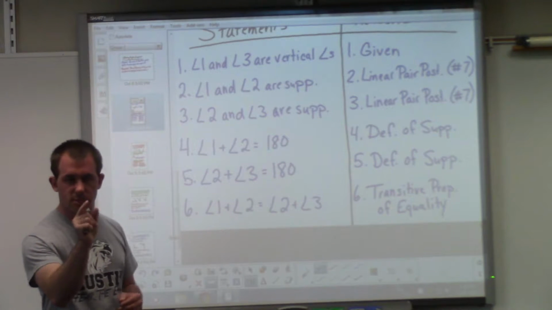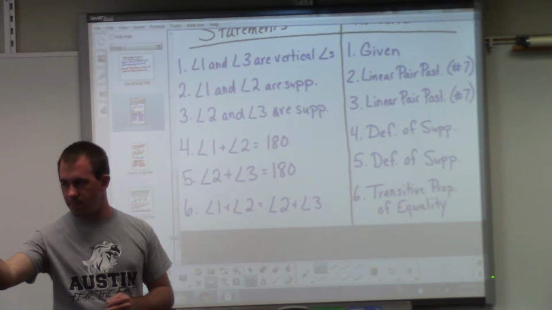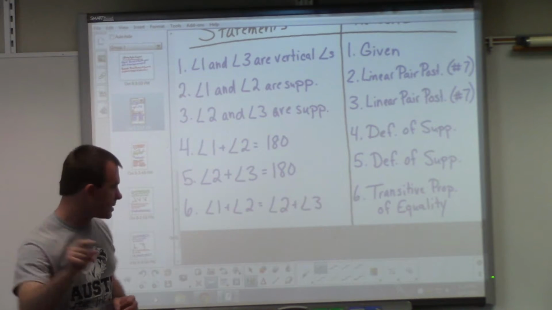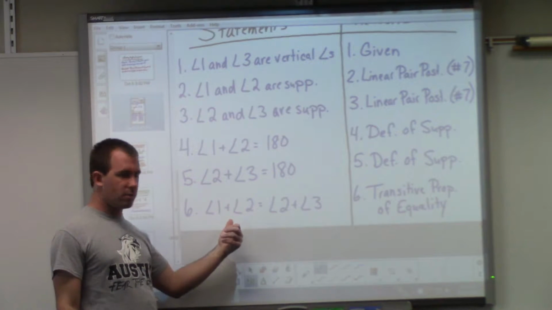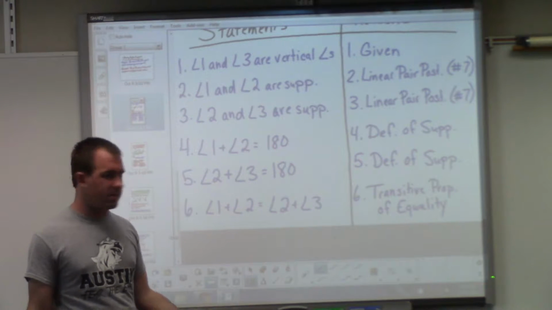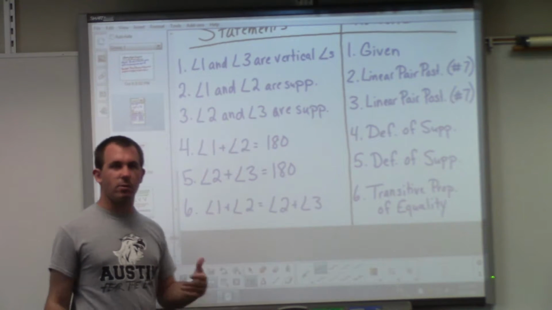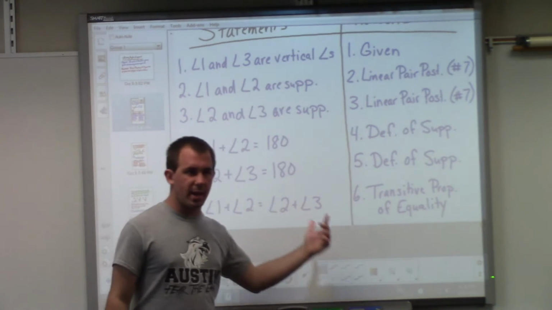Close, really close. Yes, ma'am? Yes! We can subtract angle 2 from both sides, because see here we're adding angle 2, and there's no sign in front of angle 2 here, so we assume it's positive. So if we subtract angle 2 from both sides, we are left with angle 1 equals angle 3,